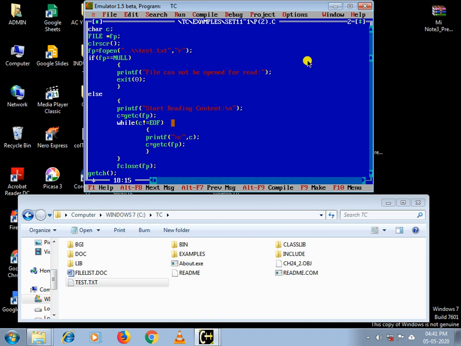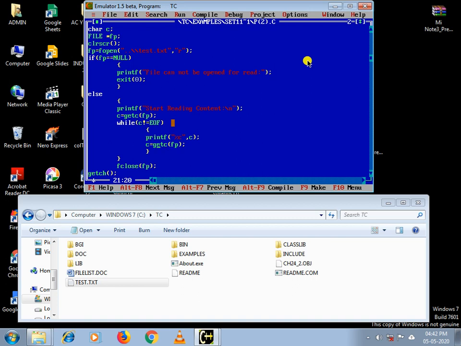If the read character is the end of file character, then we don't need to read the next characters, since there should not be any character after the end of file, right? So I'm just comparing whether this is the last character or not. If the read character is not the end of file character, then we need to print it to the console, so I have written a printf statement.